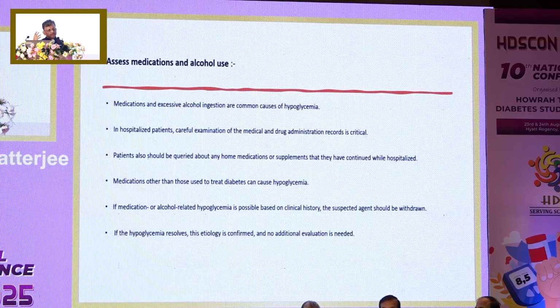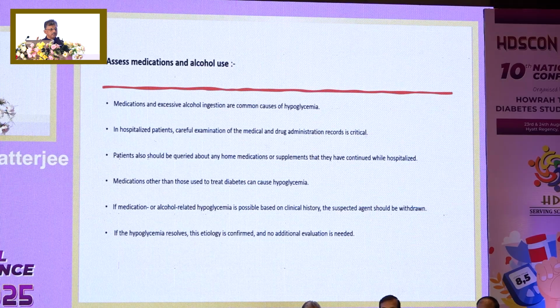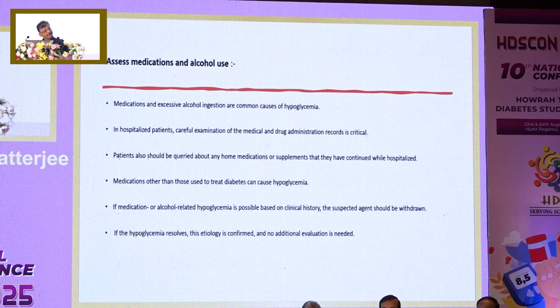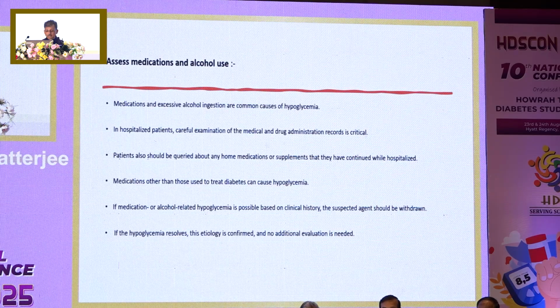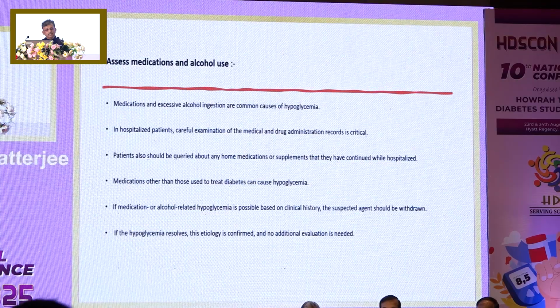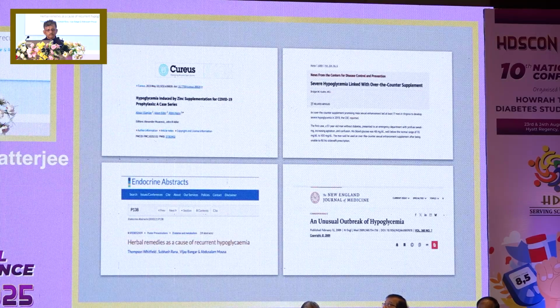Regarding medications, you know there are medications; I'll show you a list of medications. And alcohol. It's very important that alcoholic patients, if they are elderly, particularly with liver disease or kidney disease, and in the presence of some drug, can have an acute episode of hypoglycemia. Take a history, and go through all the details of the drug history from the patient, both in-house and at home.